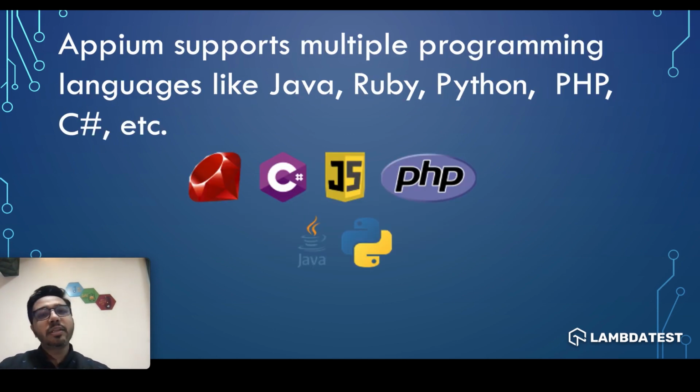The next point is that Appium supports multiple programming languages like Java, Ruby, Python and PHP. I have tried to mention all of the majorly used programming languages with Appium. Though in our session we are going to cover Appium with Java, the main benefit here is your resource utilization. Whenever you are preparing a presentation or a POC on Appium, this is one of the most important points your managers will look into, because we cannot assure that we always have resources for Java, Ruby or Python, but